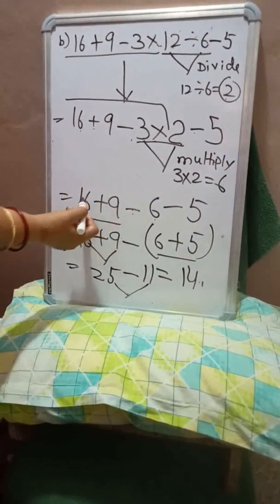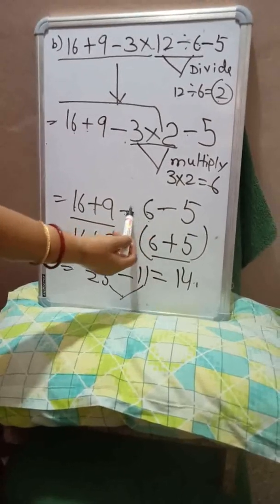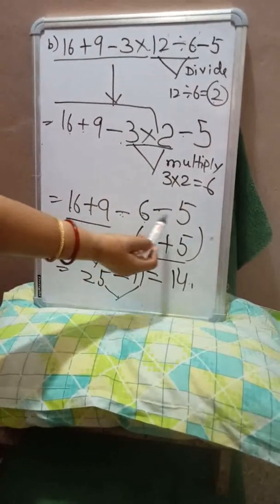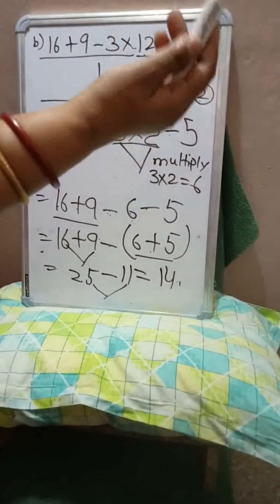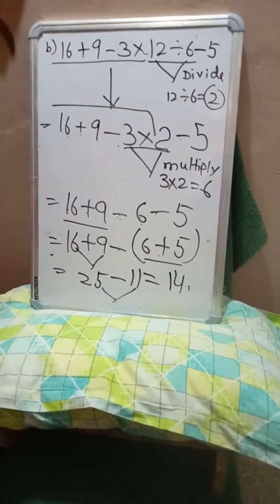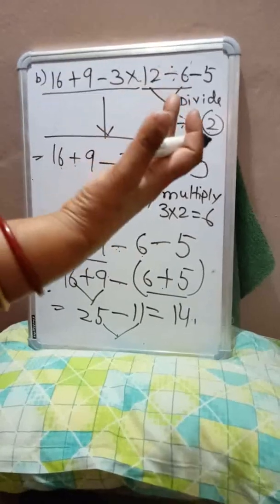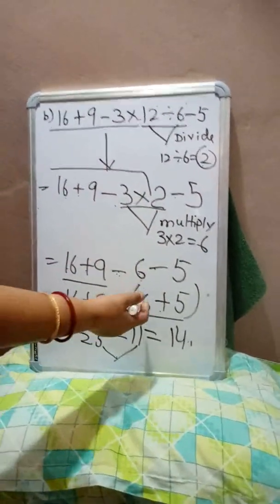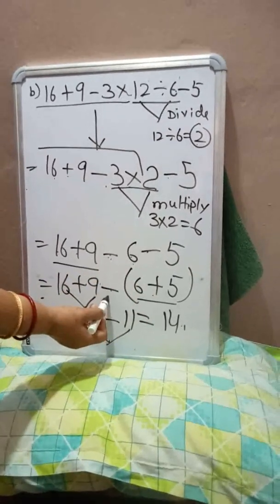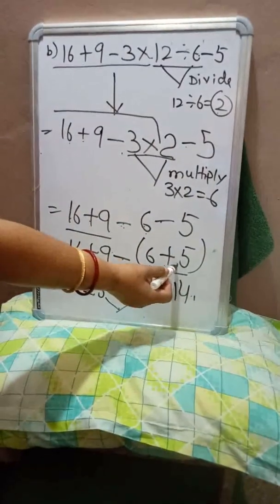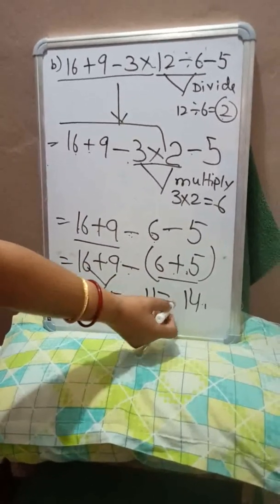Clear. Now look at this, 16 plus 9 minus 6 minus 5. Here there are two minus signs, so from minus and minus, take minus common and add 6 and 5. This is the integer formula that minus and minus becomes plus, but the sign is always remain the minus. Like minus 2 minus 2, so minus 2 minus 2 is minus 4, right. So this thing you will learn in the further class. So simple is minus and minus. I have taken minus common and put the addition sign between 6 and 5. So 16 plus 9 is 25 minus 6 plus 5 is 11. So it is equal to 14.